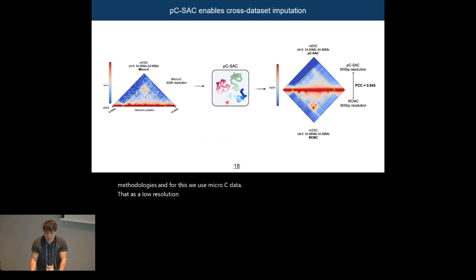And when applying pC-SAC, we were able to reconstruct what is called RCMC. When we compare the RCMC matrix to our pC-SAC reconstruction, we observed that we almost achieve 0.95 of Pearson correlation. Therefore, pC-SAC successfully breaches these two methodologies that are completely different from each other and have completely different methodological